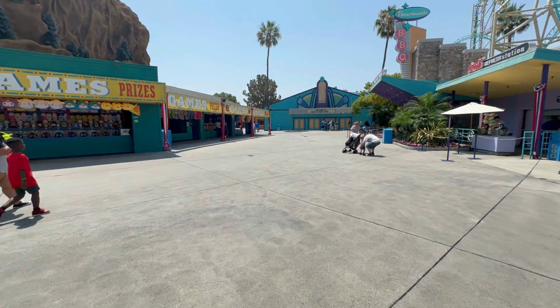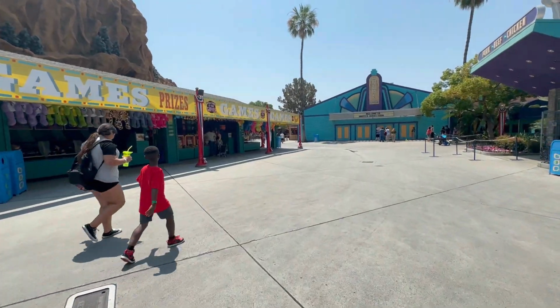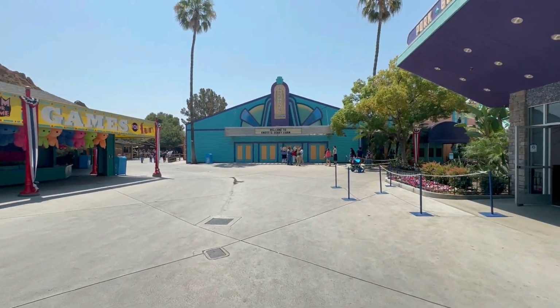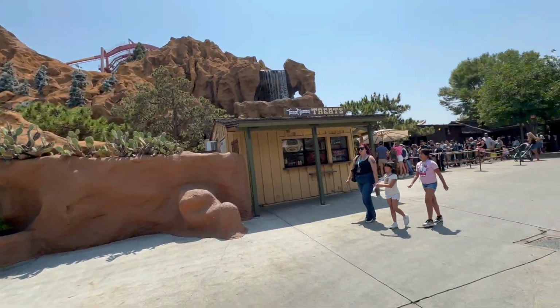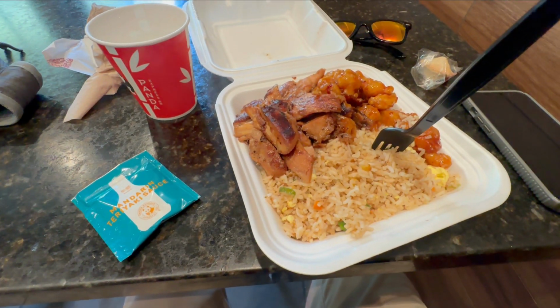So it's currently 11:40 a.m. I might go try to get some food and walk around the park a little more. But yeah, super happy that I've gotten on a bunch already. Well, Timber Mountain Log Ride looks like it has a decent wait going on this warm day. Since I was in the neighborhood, I just went with